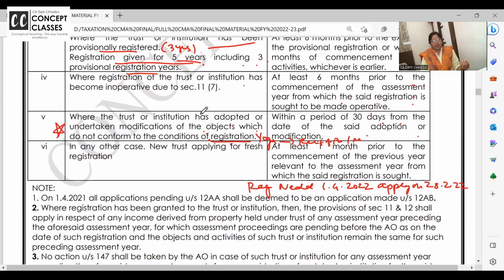Comment below. So you have to write the provisions that under section 12AB, whenever there is a modification, the trust should be re-registered within 30 days from the date of the modification. In the given case, it is not done, so it will become invalid. Whenever you answer these kinds of case laws, dear students, one very important point is presentation skill also.